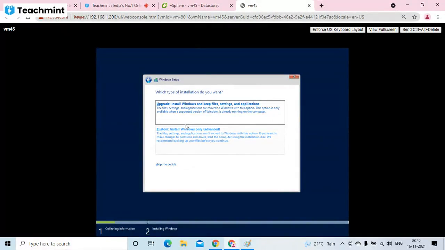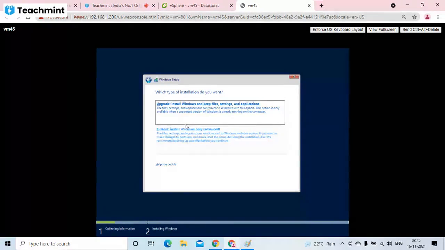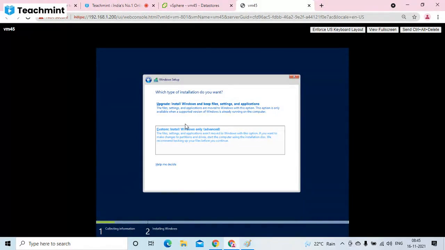So here there are two options: Upgrade and Install a fresh copy. If there is already some operating system running there, and you want to upgrade the Windows operating system, you need to select the first option. Let's say from 2008 to 2012, 12 to 16. You have to select that option. If you select the second option, it's installing a fresh copy. Even if there is an operating system, it will be formatted and a fresh copy installed. If you select the first one, it will upgrade from the older version to the higher version, leaving the files and data as they are. It will upgrade the OS. So now, after this screen, you are aware of two things.